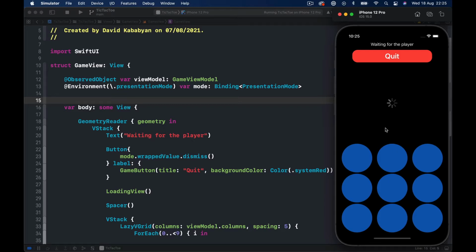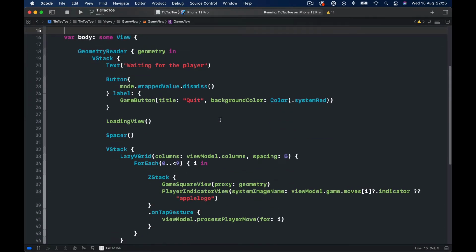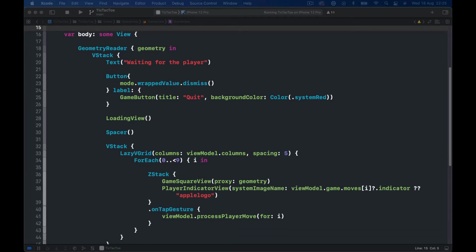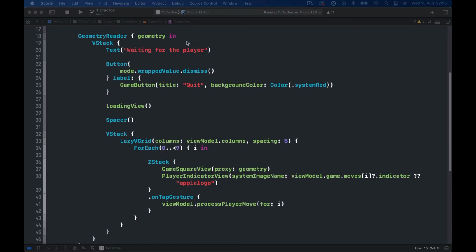So this is the place. As soon as this is loaded, we want to check and start this procedure of joining or creating a new game. How we do that is we need to access our onAppear function that is being called every time our user opens this screen. In order to have access to that, we need to scroll down at the bottom, and we need to find the place where our